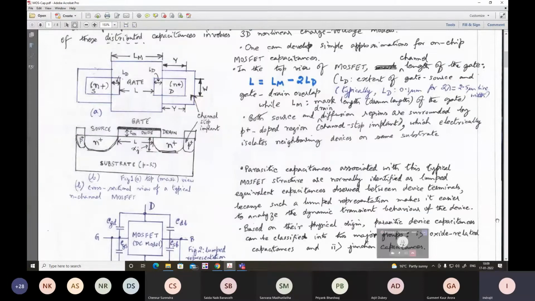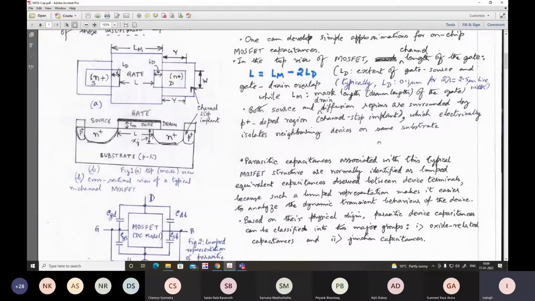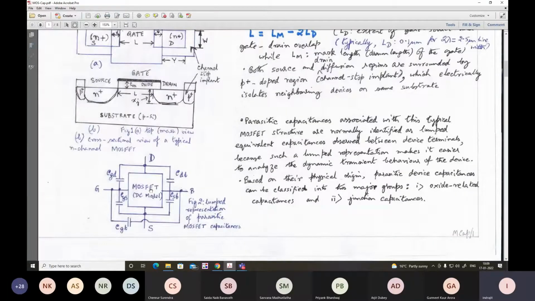So here, the parasitic capacitances that are associated with this typical MOSFET structure, it is looked upon as a four-terminal device: source, drain, gate, and body or substrate. Here we show that the gate to drain capacitance and gate to source capacitance are mostly dependent on the oxide. There is no PN junction. It is mostly a parallel plate capacitance. But on the other hand, if you look at the drain to body capacitance and source to body capacitance, here we have to take note of the fact that this refers to the PN plus junction here, PN plus junction here. So here the capacitance will be related mostly to the reverse biased PN junction,